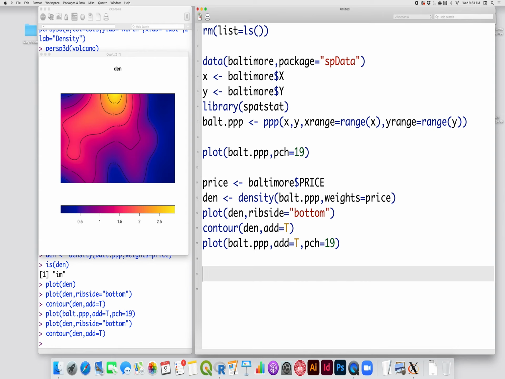The second way is to use the perspective plot. When I do the perspective plot, I just add in the DEN, which is short for density. That's what I named it when I created it up here. I'm going to change my colors a little bit. I know, just because I've played with this before, that I really like the terrain colors when their order is reversed. And then you have to establish a theta, which I have set to 30, and a phi, which I've set equal here to 40. And when you run the perspective plot,